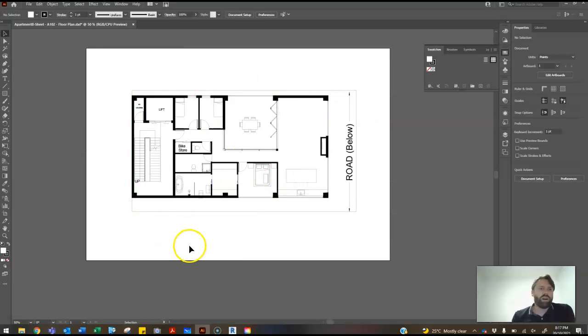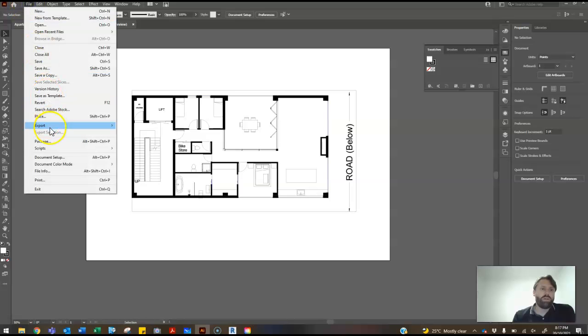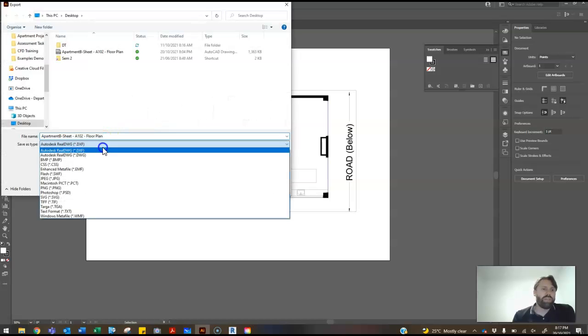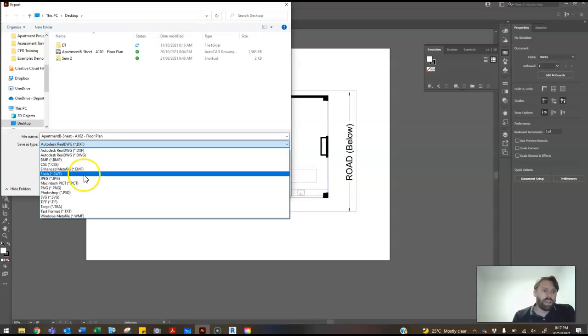So it's a nice big file. If you're not going to do anything to this, if you just want it as a black and white image like this, then this is good to export. So you've got a number of options. You can go File, Export, Export As, and we can save it as, probably not going to save it as a DXF because that's what it already is. We could save it as a JPEG file,